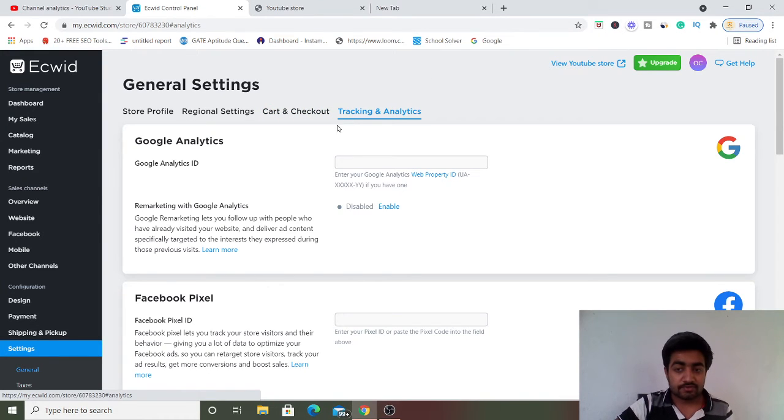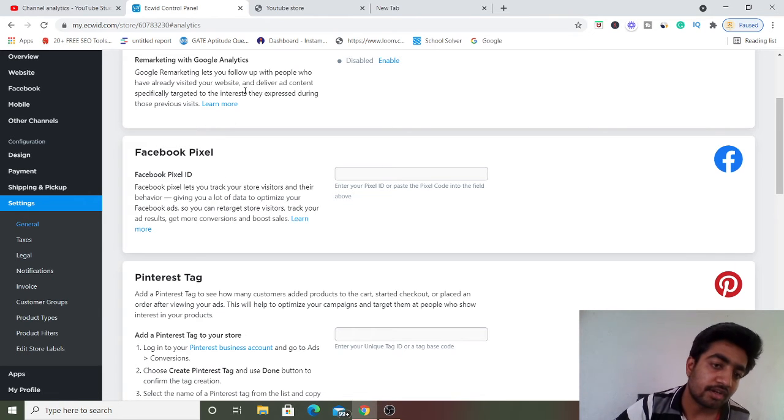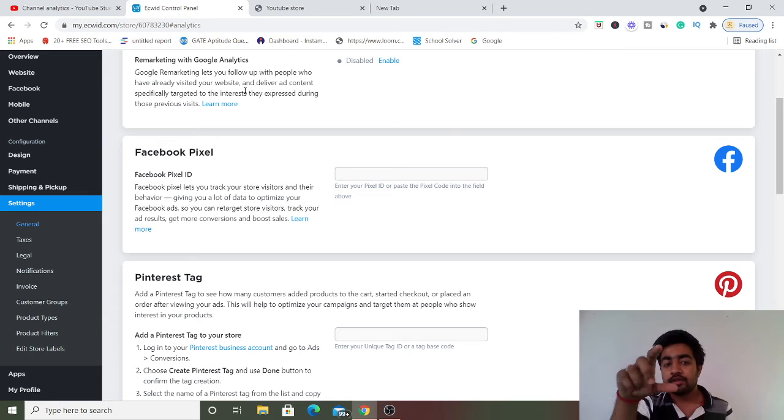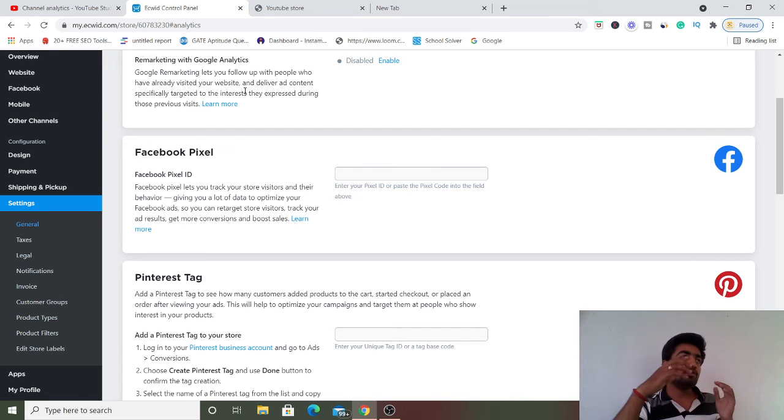Next is analytics, where I tell you about Google Analytics and Facebook Pixel. By the way, if you don't know what Facebook Pixel is, let me explain. If someone visits your site and has some kind of issue and just leaves the site, then Facebook Pixel captures that. If you have Facebook Pixel on your site, it captures that, and then you can add those people to your Facebook audience. When they open their Facebook and are scrolling, you can show them your ads, right?